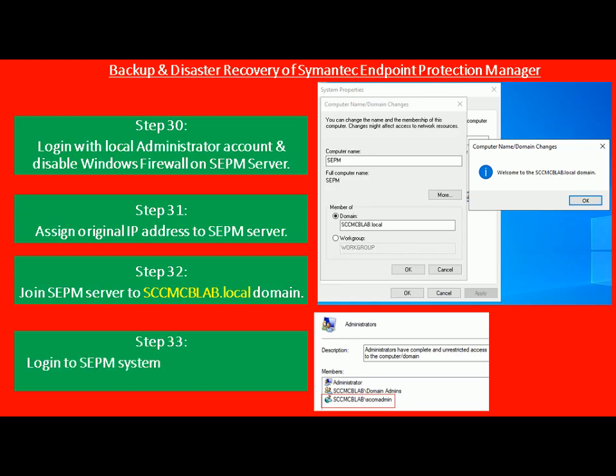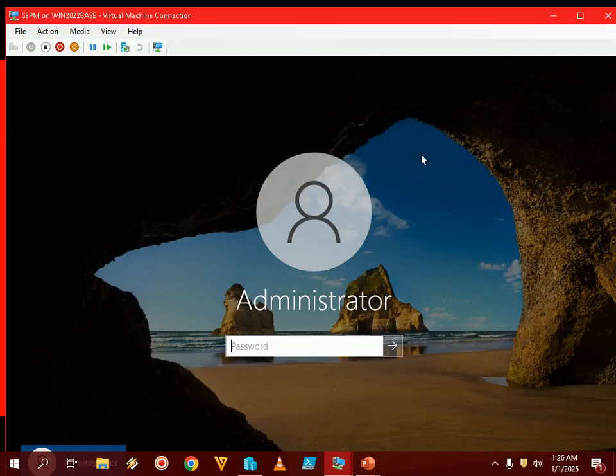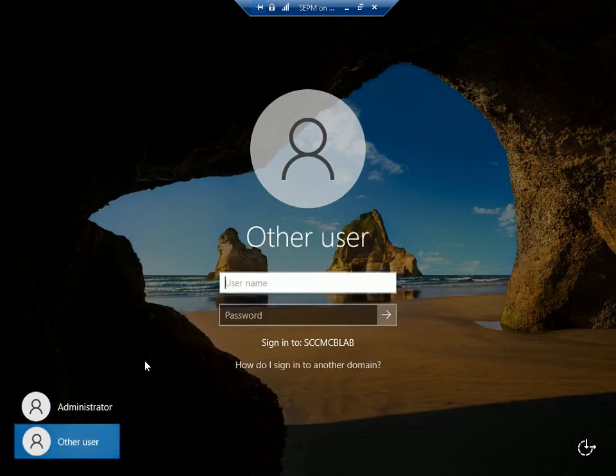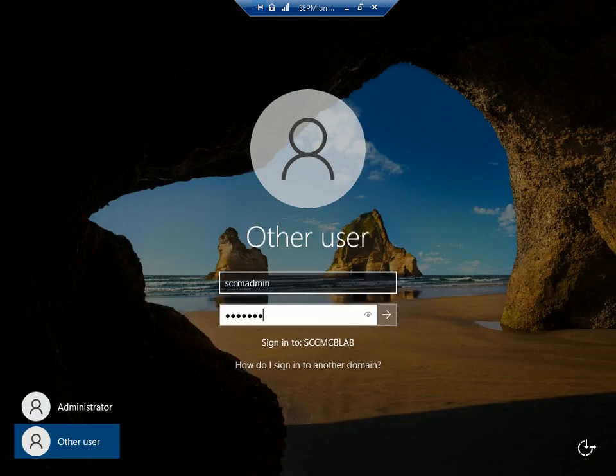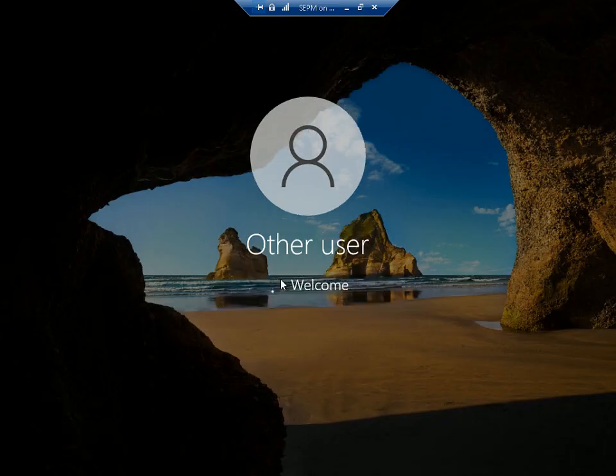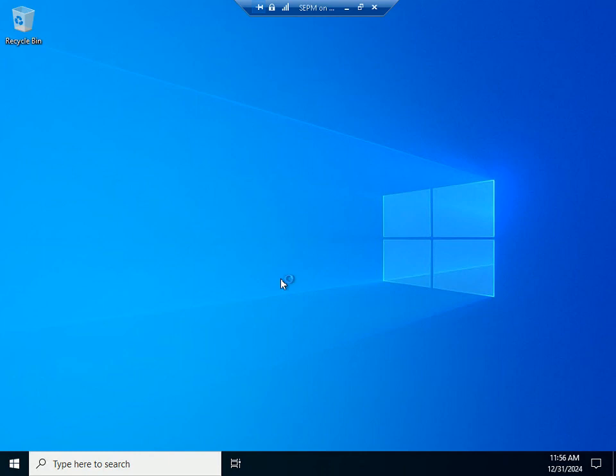So the next step is to log in to the SEPM system through the SSM admin domain account and add it in the local admin group. Since we have joined the domain, now we are not using the local admin account for login anymore, so I am adding this SSM admin account credentials. I'm logging in through it. How can I log in with the SSM admin account on any workstation? Because that account is part of the domain administrator account, basic of Active Directory. So anyways,